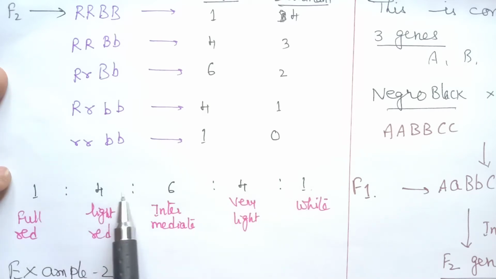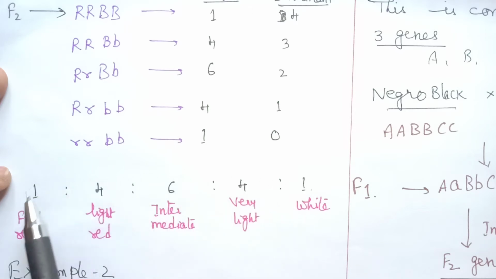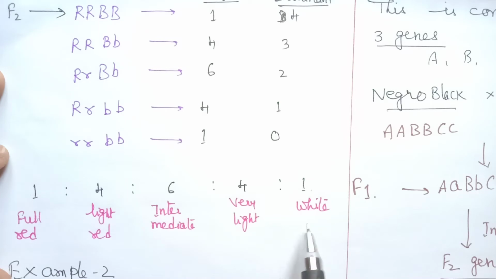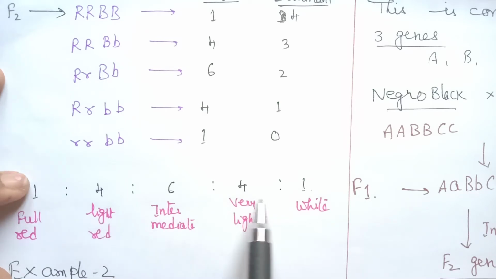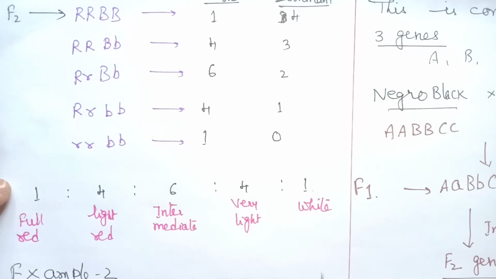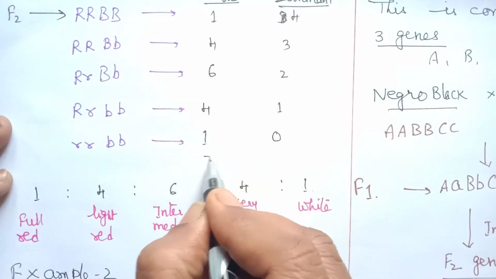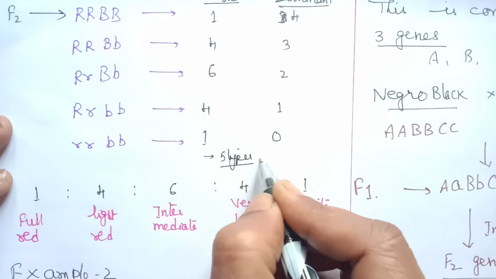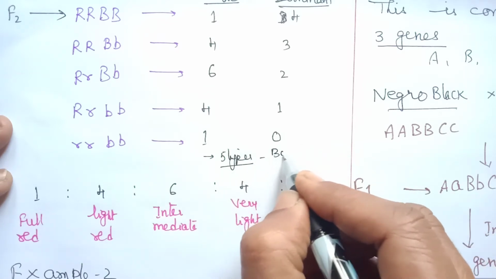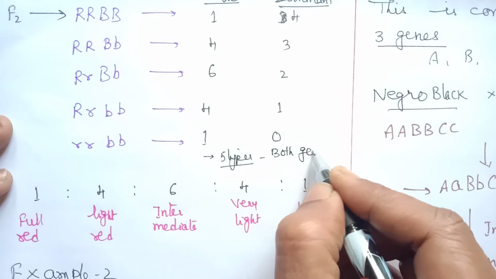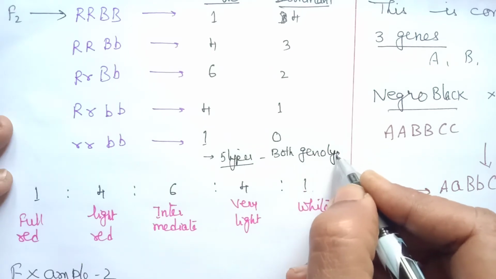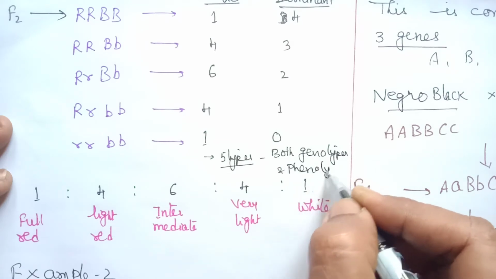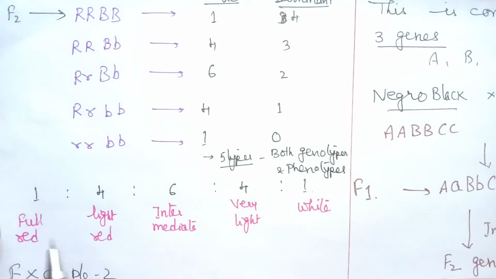So we find 5 different types of genotypes and also phenotypes. 5 types of genotypes as well as 5 types of phenotypes. What is important to remember is 5 types of both genotypes as well as phenotypes are present. So you can expect a ratio question. You have to remember the ratio.